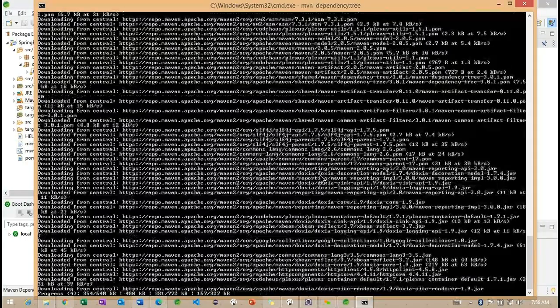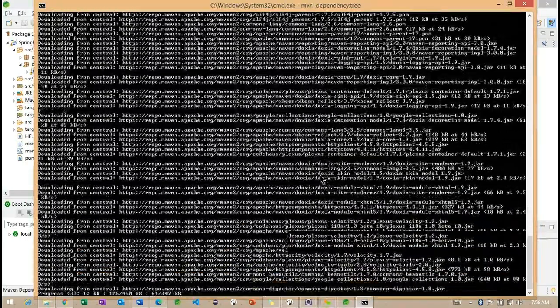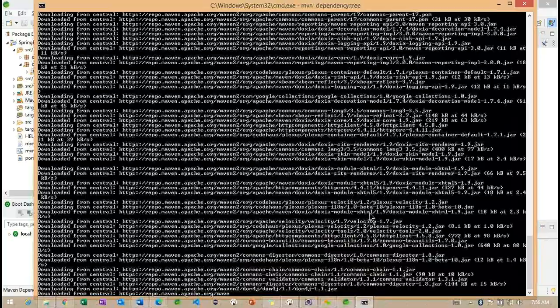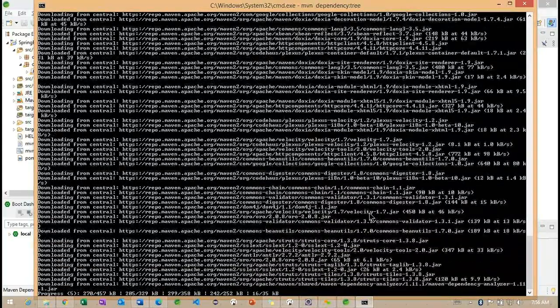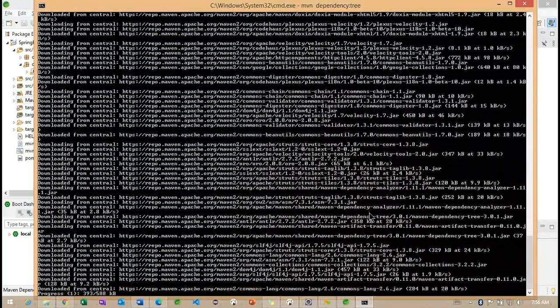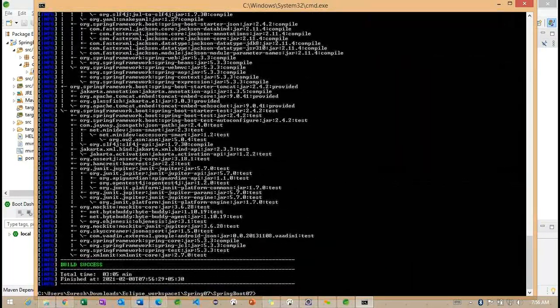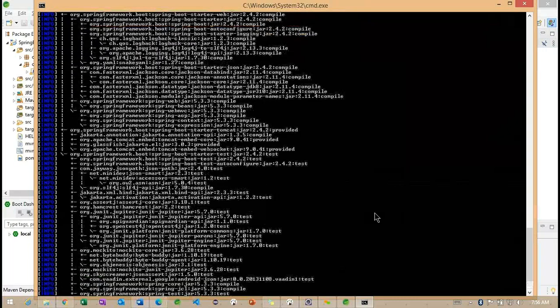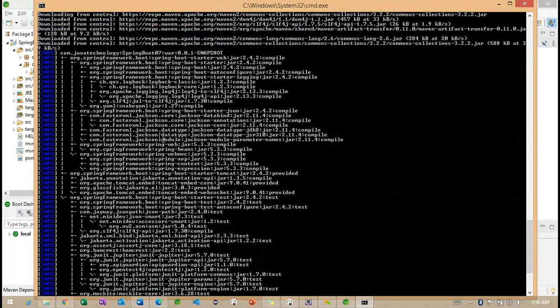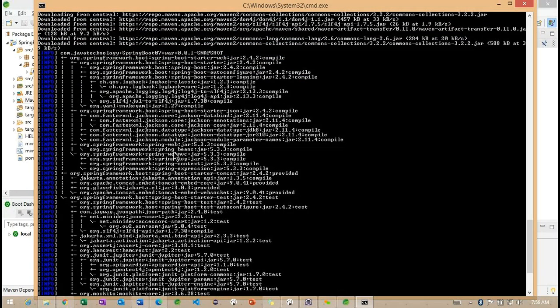But we are trying to find the same thing using this particular command. This is the first time we are executing this application, so it's going to take some time because all the jars need to be downloaded. Observe here, this is the project structure, how exactly it's working, and we can check how each jar is connected.